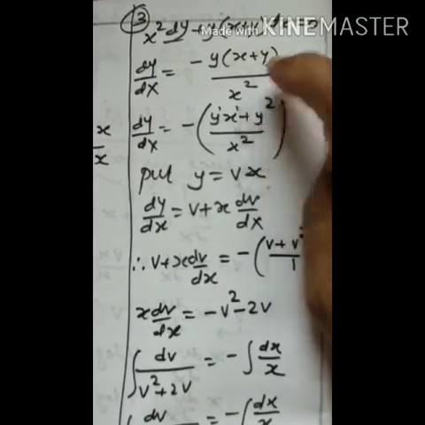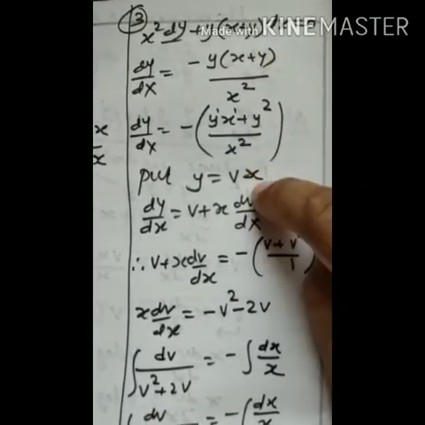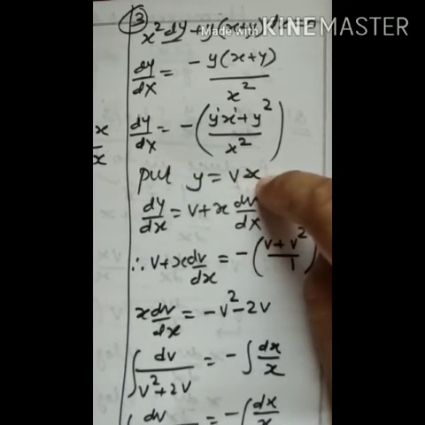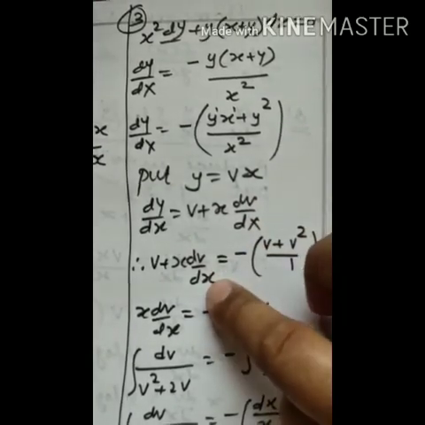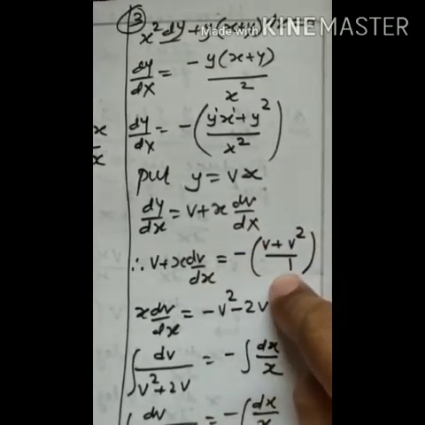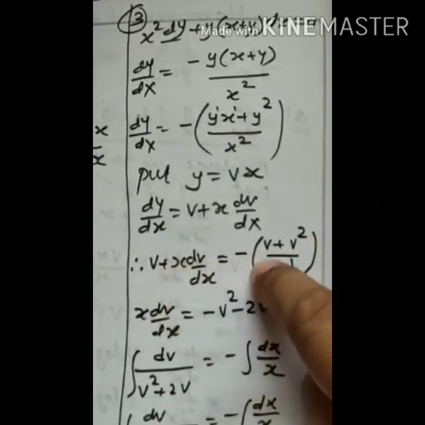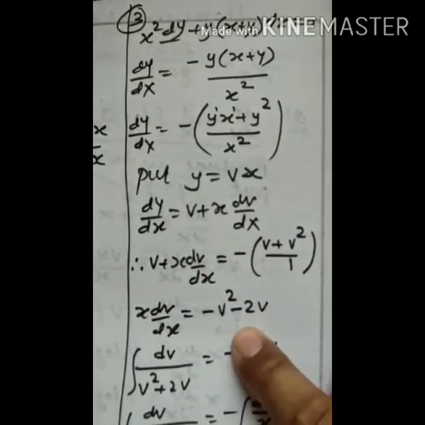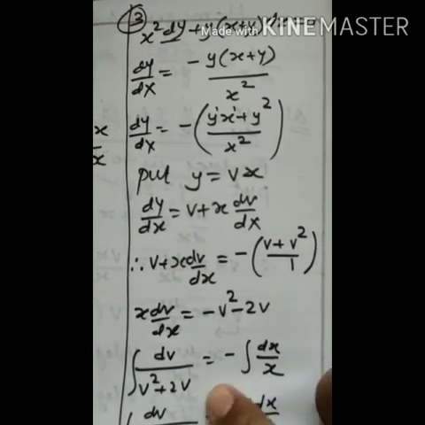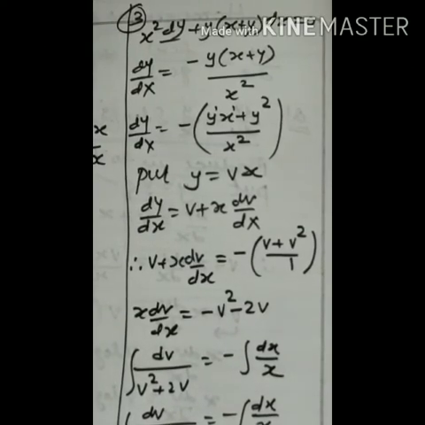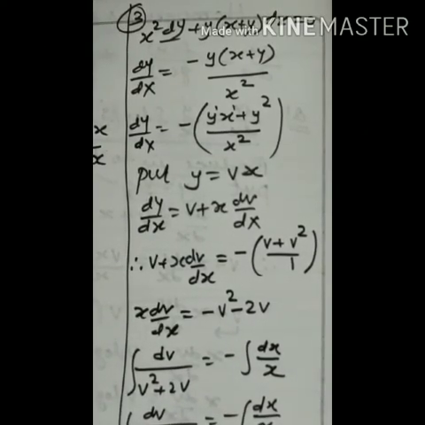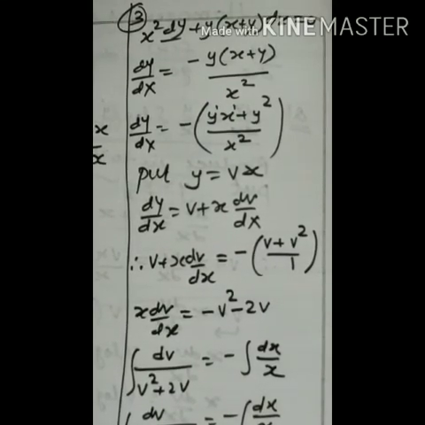Power is 2 on both sides. So put y equal to vx, differentiate both the sides, we will get dy by dx equal to v plus x dv by dx. Put the respective value, we will get this. Now minus v and plus v, this will equal minus 2v in this way, and separate the variables in this way. Now this can be integrated by making a perfect square. Okay, so this is the formula applicable in this, minus log s plus log c. This can be written as log c upon x, log and log will cancel, and this is the full and final answer.